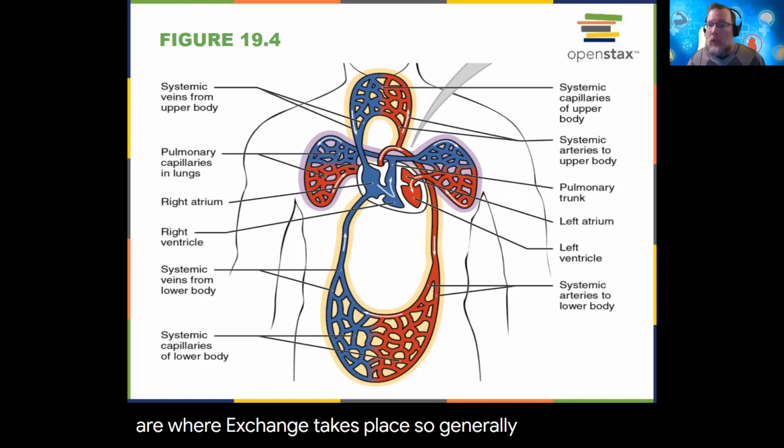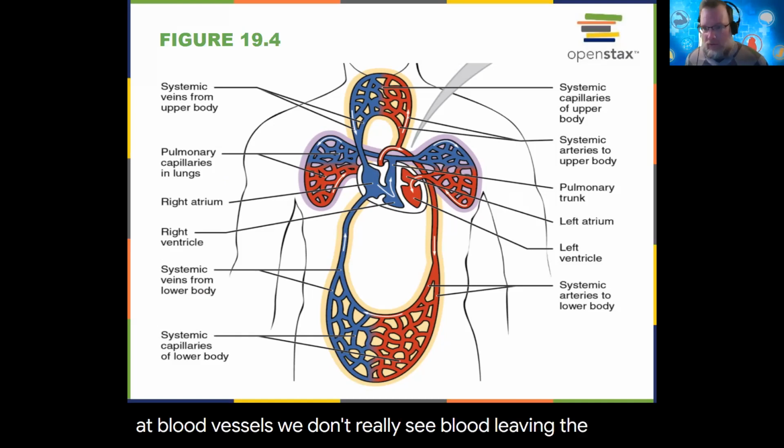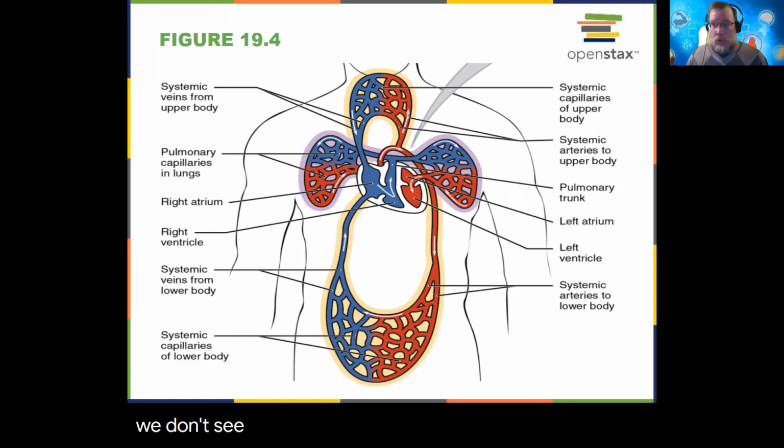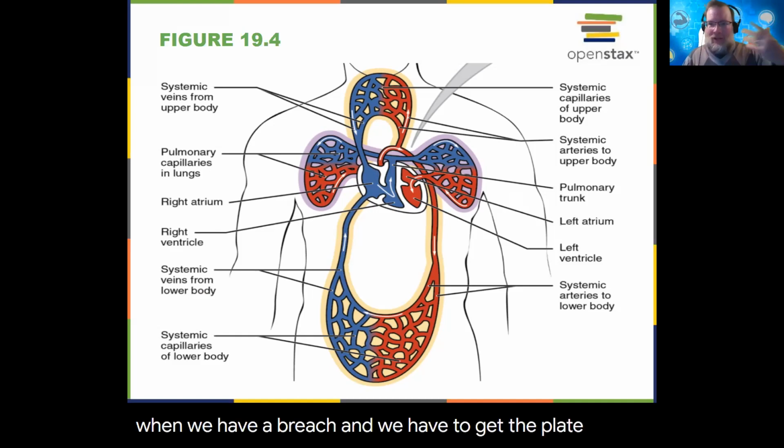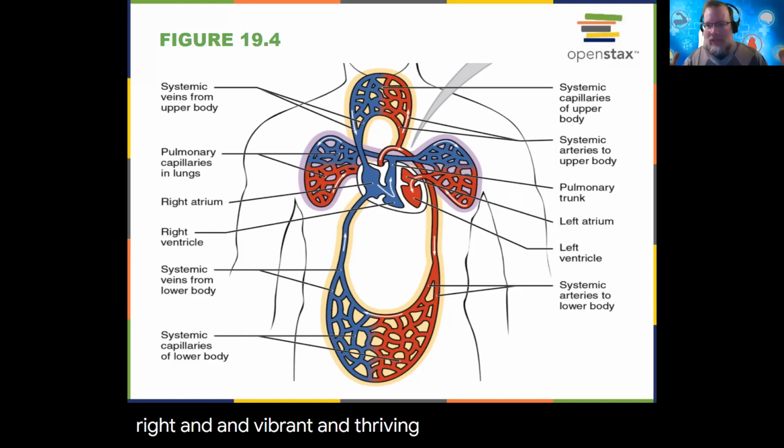So generally, when we look at blood vessels, we don't really see blood leaving the vessel. We shouldn't, right? In an artery and a vein, blood needs to be contained in those vessels. It needs to be moving, but it doesn't need to leave the actual vessels. That's when we have a breach and we have to get the platelet plug, right? And fibrin and thrombin, and that's a problem. So we fix it. Now, but we're transporting usable things, big things, nutrients,